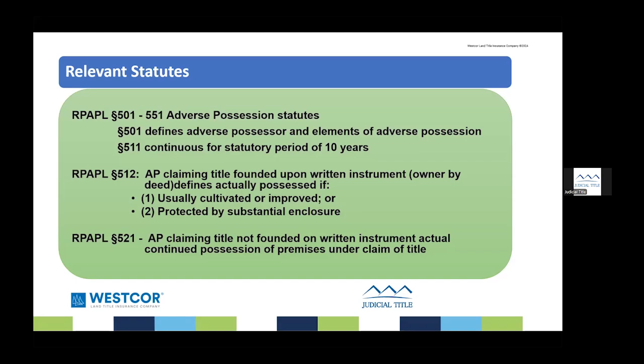Was the possession exclusive for at least a 10-year period? It starts when the possessor exercises dominion and control, continuous for 10 years. Tacking is a criteria or a method that, if nobody's familiar with tacking, it's essentially somebody could establish the adverse possession for continuous 10 years by tacking on